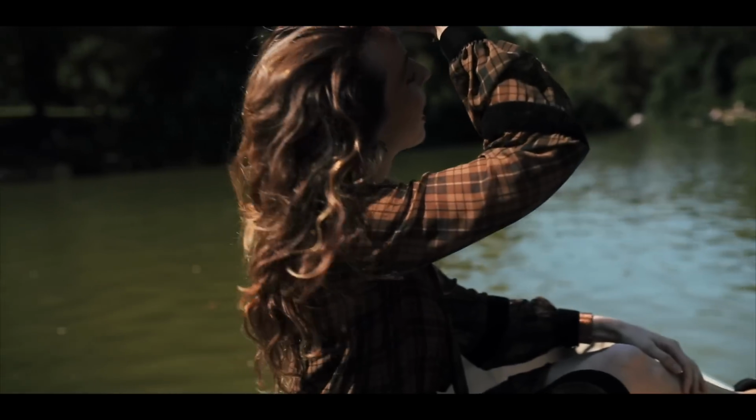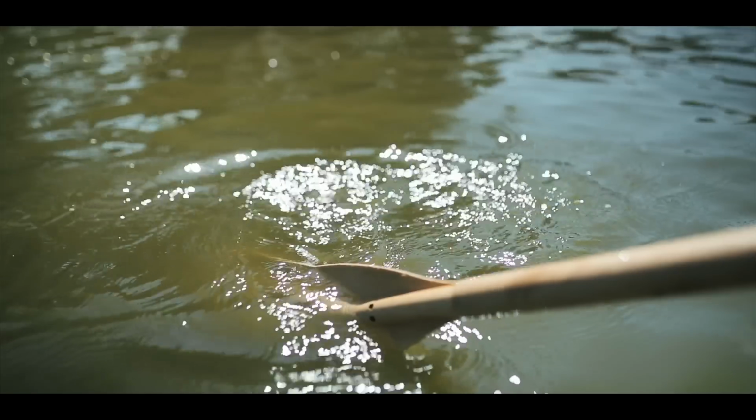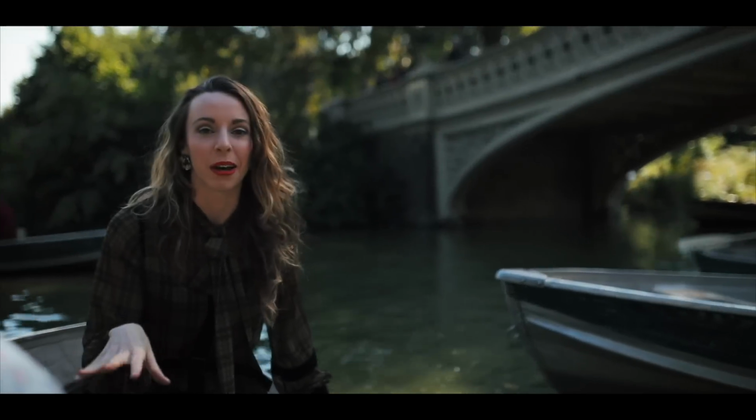And you can go around seeing the gorgeous sights of Central Park, but insider tip for this, definitely go earlier in the day because otherwise it's a giant shit show. This is what I'm talking about. We're about to like hit